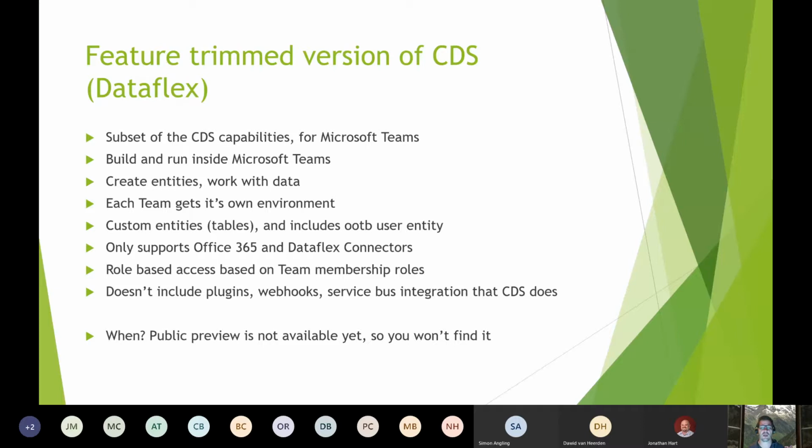But really, it's like, I want a list, and I want to see the list, with the out-of-the-box UI that comes with it. So I think of Microsoft Lists as the evolution of SharePoint lists.